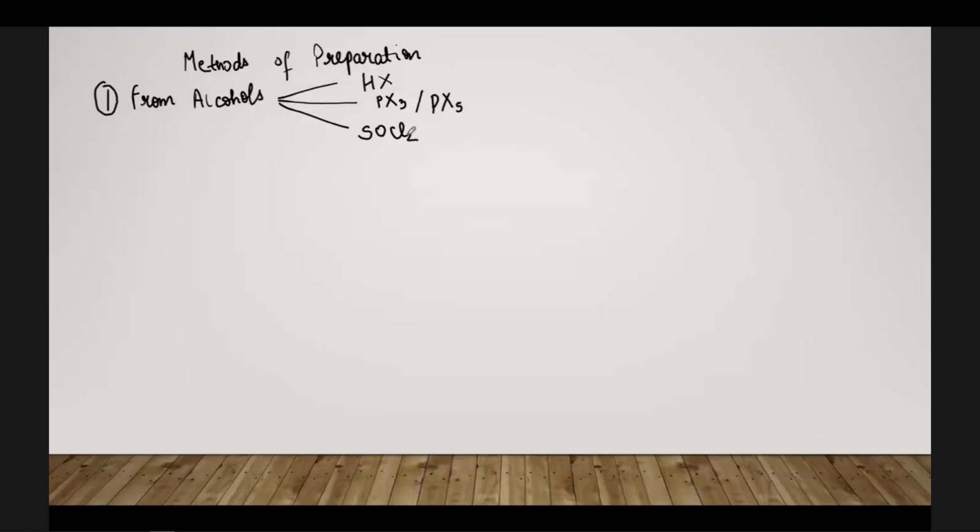Now, out of these three, the thionyl chloride method is preferred because it gives pure alkyl halides. Why? Because when we go through all these three reactions in detail, we will see that the products formed in the last one include the alkyl halide, SO2 and HCl. And the SO2 and HCl which are formed are in the gaseous form. Gases निकलते हैं, ठीक है. So as you can simply imagine, if gaseous products are formed, then they will simply escape, and so we are only left with the alkyl halide as a product.